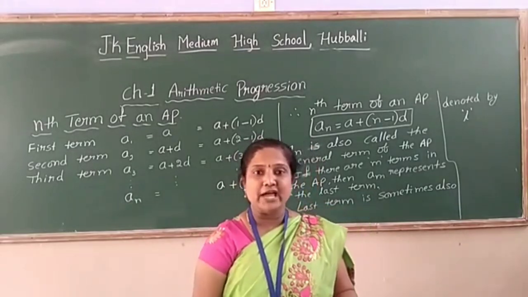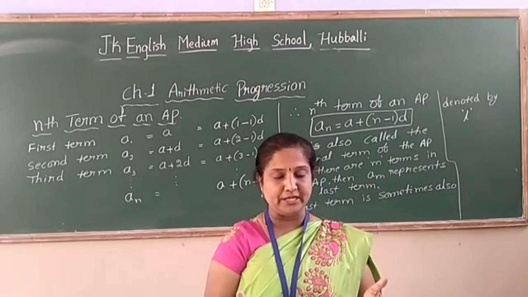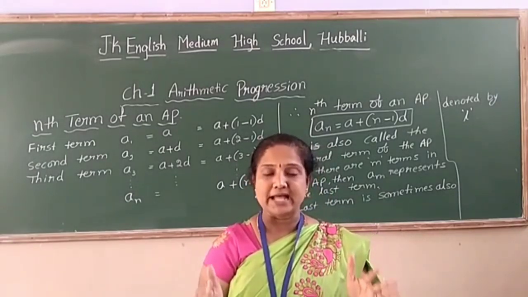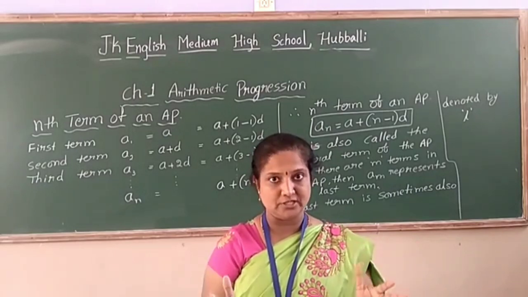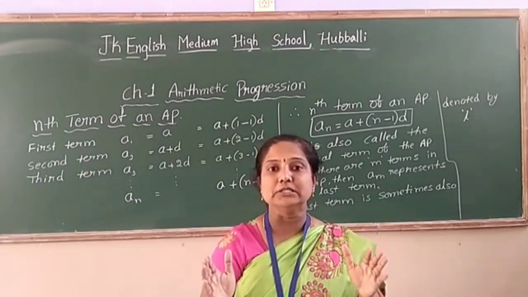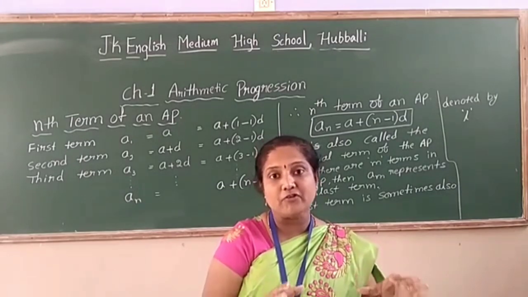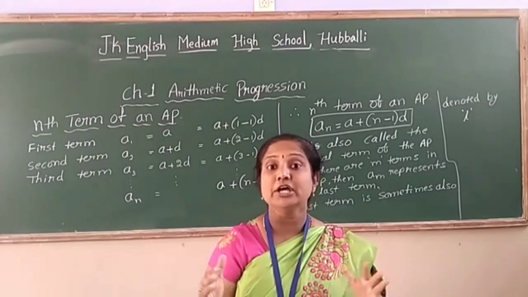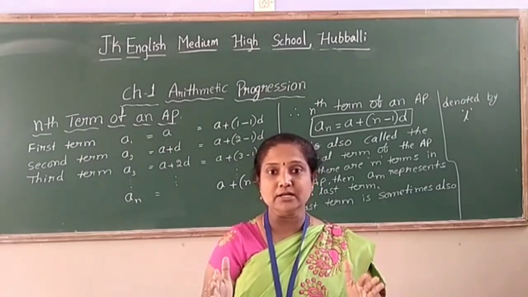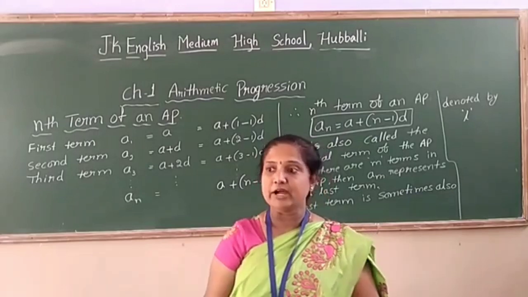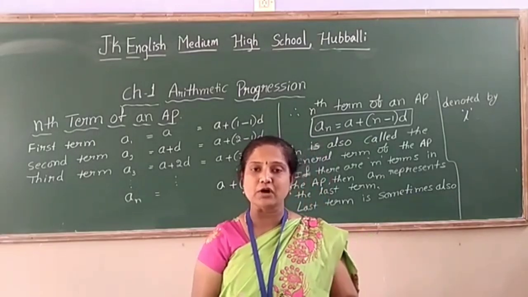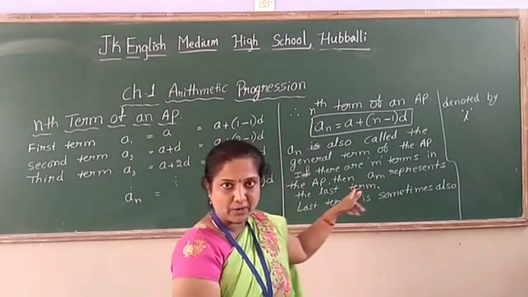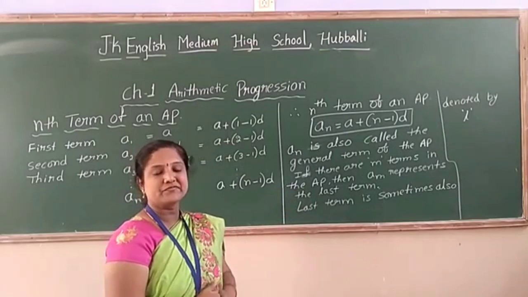So we have learned the general form of an AP, that is an is equal to a plus (n minus 1) into d. In maths, you have to be perfect in formulas. You should understand the concept, learn the formulas, and know the meaning of all the variables. What does a mean, what does d mean, what does an mean. If you know, then only you can solve the sums. Next, we are going to start solving sums by using this formula. That is the next exercise we are going to start.